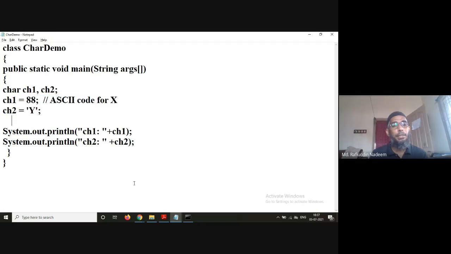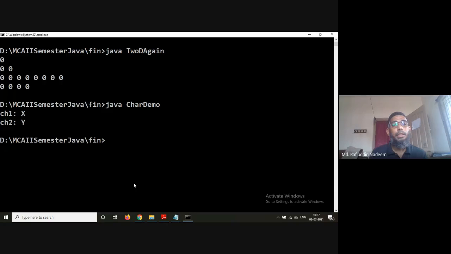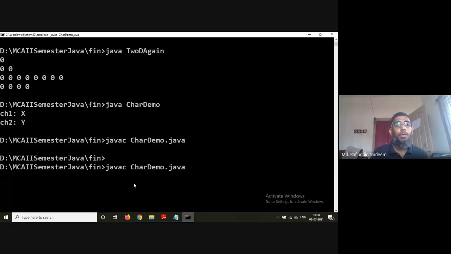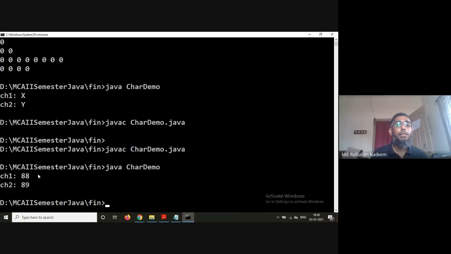Now somebody may ask, sir, how to print the ASCII value of that. If I typecast this, typecasting is also possible in Java. If I typecast it like this, see the typecasted values are displayed in integer form, 88 and 89, the ASCII values.